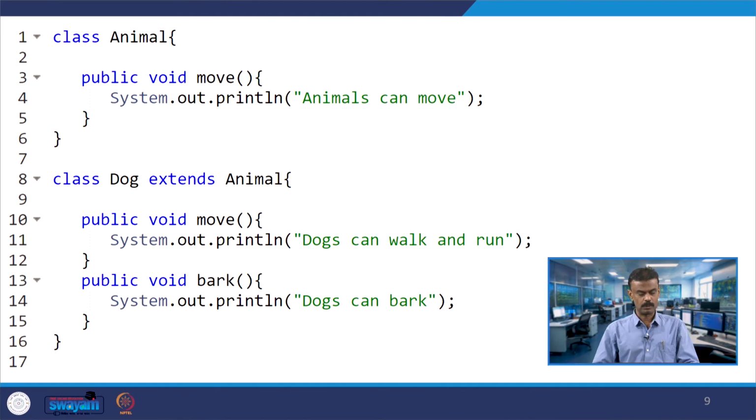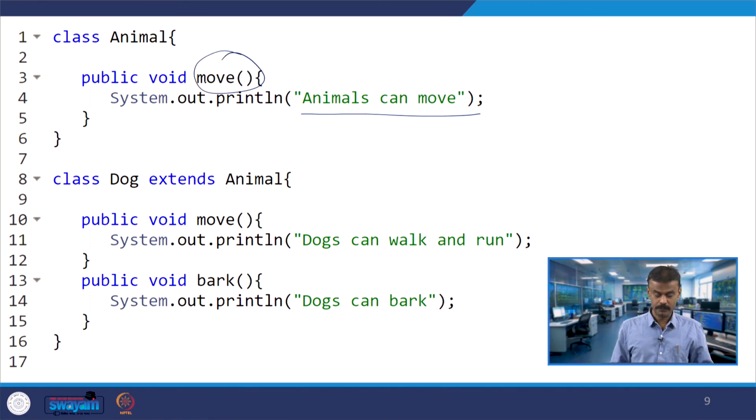Now we will see one more example. Assume that we have class Animal, and under this class you have a method move, which prints "animals can move". Now class Dog is extending Animal.